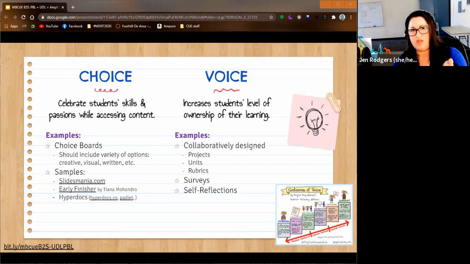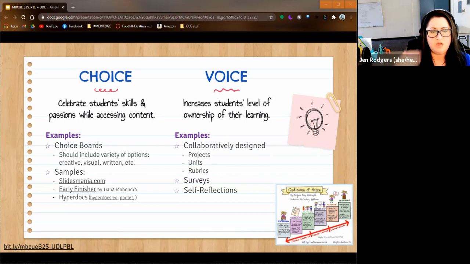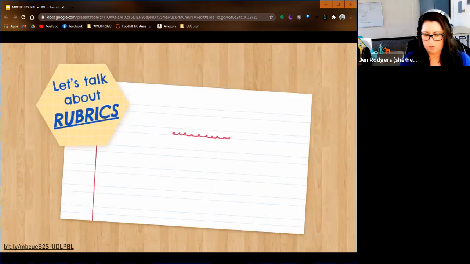But you can't just give them a survey and then not listen to their requests, right? Unless they're requesting a bag of M&Ms every day. If it's reasonable, you should try to accommodate so that they understand that their voice is being heard and they have the power to make their learning the best that it can be. Self-reflections are also really important because they give students a chance to think about how they did and how they can improve. Those self-reflections should also lead to iterations, which are a very important part of project-based learning and